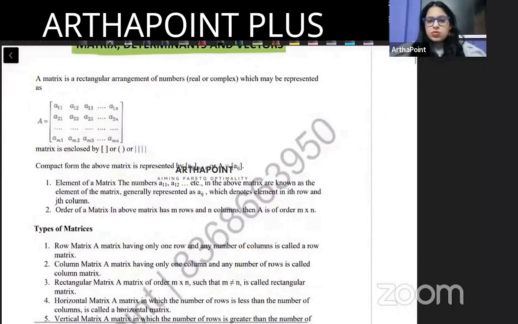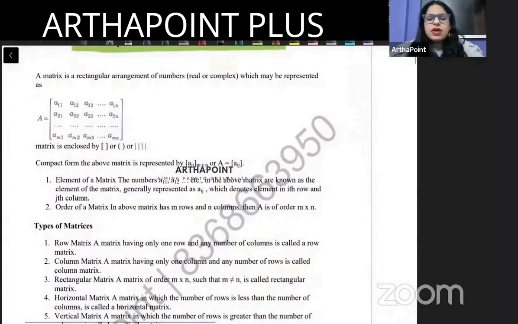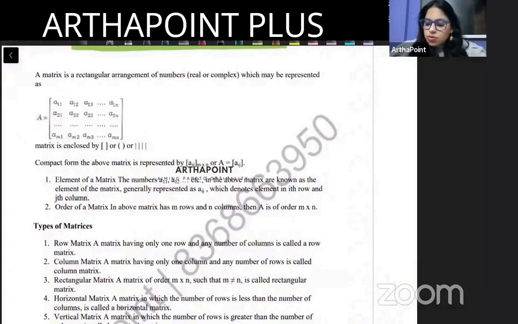What is a matrix to begin with? जब भी हम अपने नंबर्स को एक रेक्टेंगुलर फॉर्मेट देते हैं या एक स्क्वायर अरेंजमेंट देते हैं, दैट इज कॉल्ड एज अ मैट्रिक्स. Many books will write matrix in this form